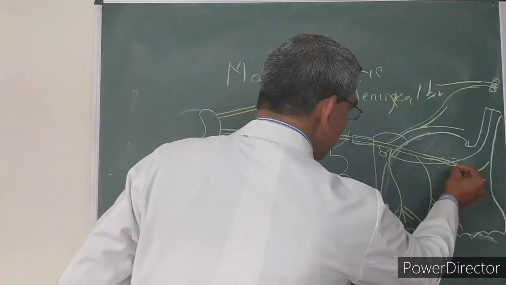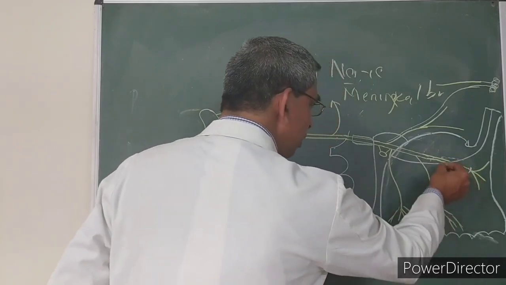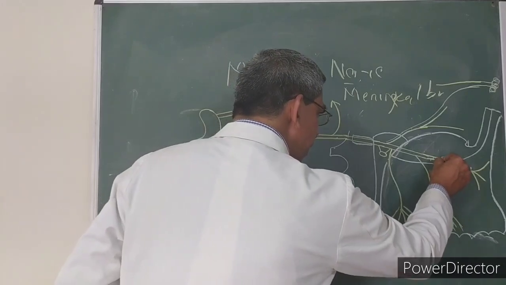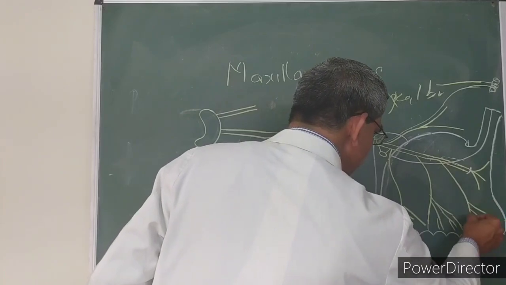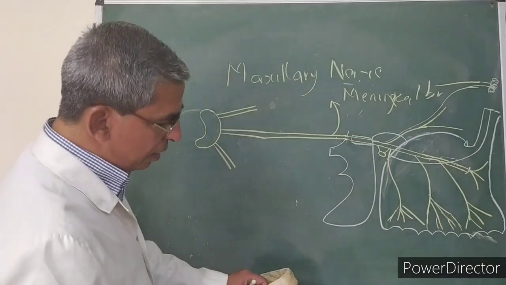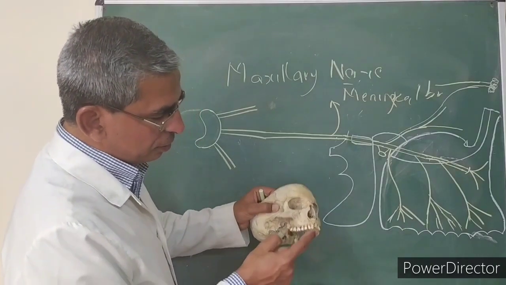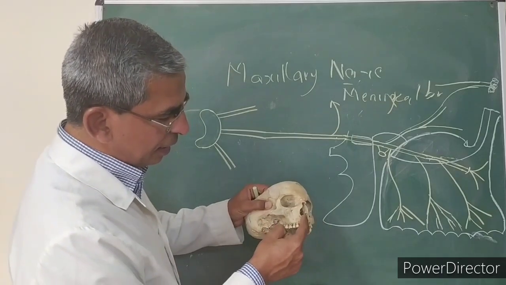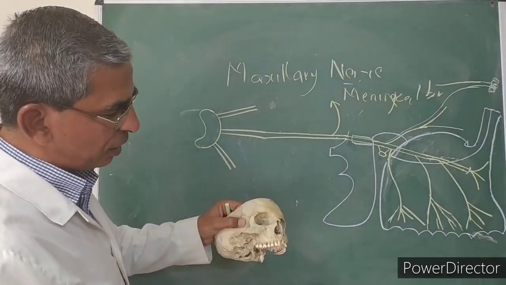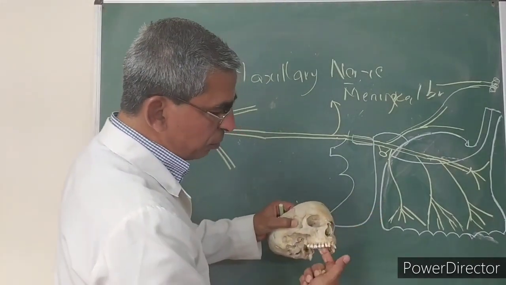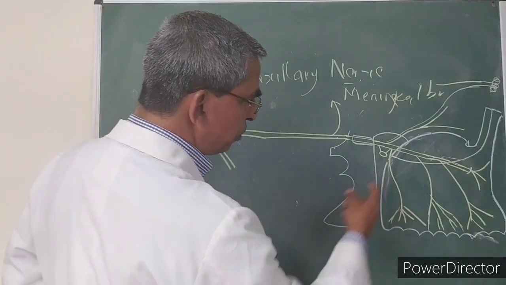Then the third branch comes from the anterior side of the infraorbital groove, now the infraorbital canal, and this branch is known as the anterior superior alveolar nerve. This anterior superior alveolar nerve again passes through the wall of the maxillary sinus and divides into branches, supplying the incisor and the canine teeth. It gives sensation to the pulp space of the teeth, and also supplies the mucous membrane of the inner side of the maxillary air sinus. So this is the anterior superior alveolar nerve.